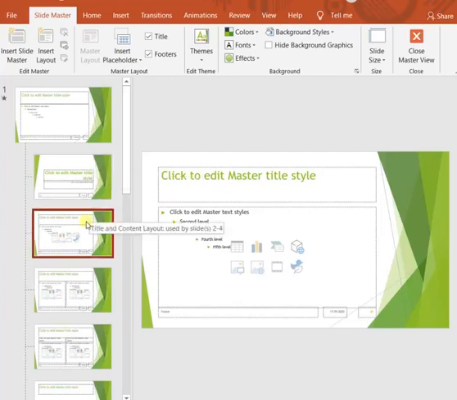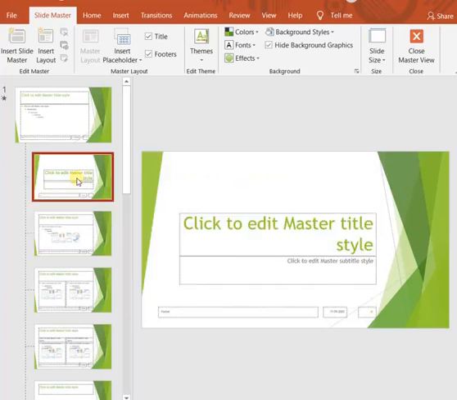I'll put my mouse over this layout. It shows that this layout has been used by slides 2, 3 and 4. But if I select this one, it shows that it has been used only by slide number 1, because that is the cover slide.